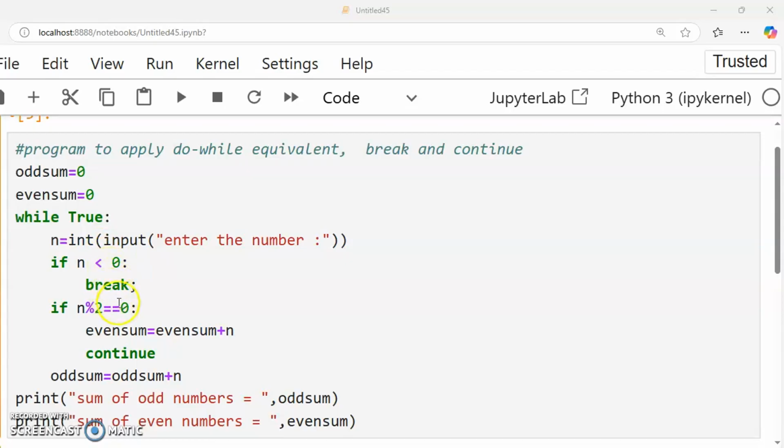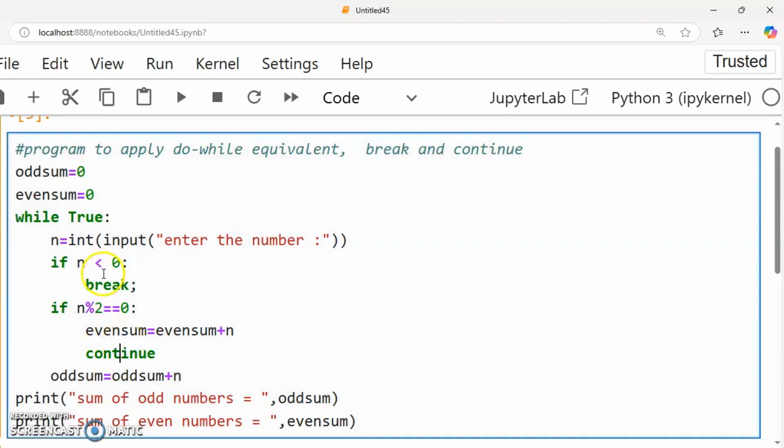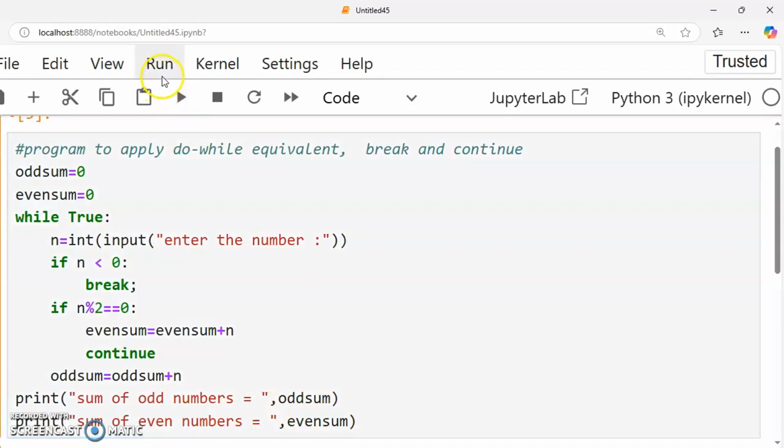And if you enter a positive number and this condition becomes false, this block will not be executed. It will be added with odd sum is equal to odd sum plus n. So this process will be repeated again and again until you enter a negative number. Once you enter a negative number, it will come out of the loop. Then we are printing the sum of odd numbers is equal to odd sum, sum of even numbers is equal to even sum. So if you run this program,